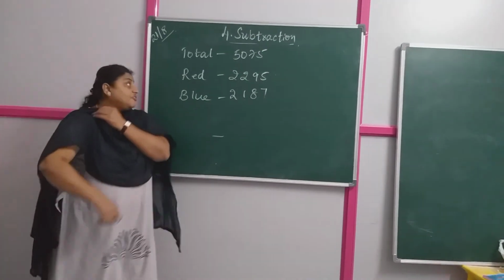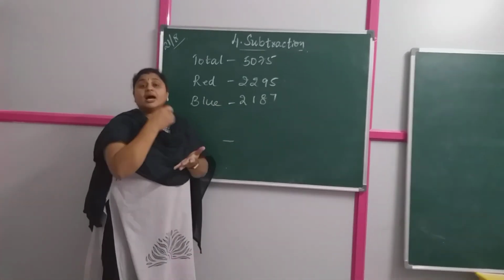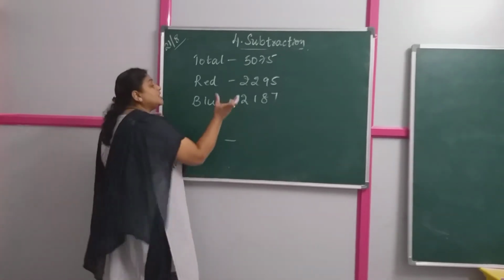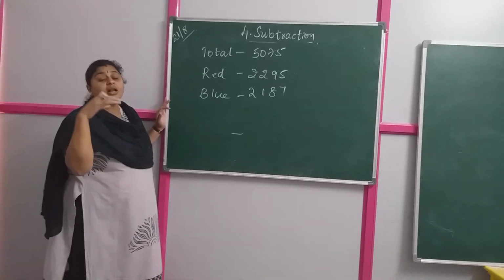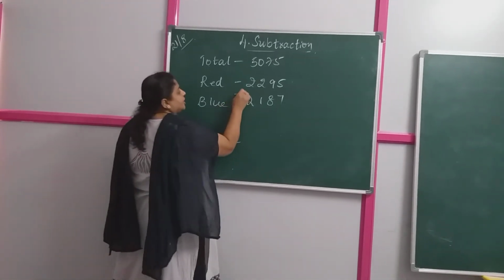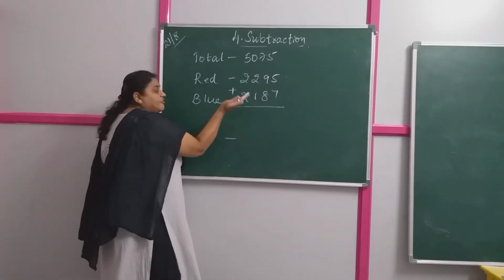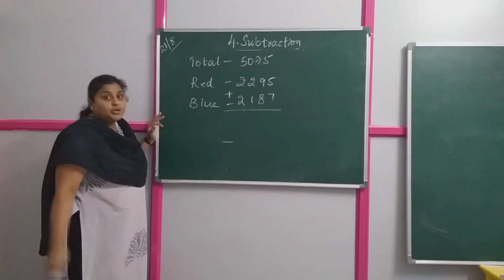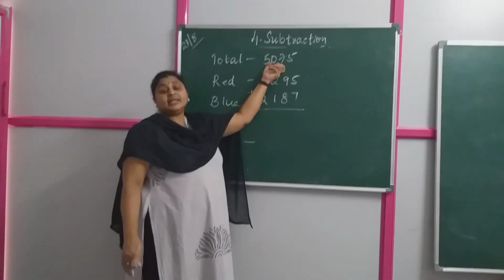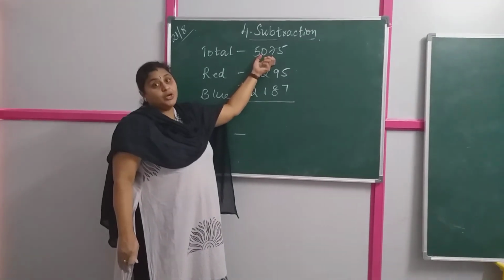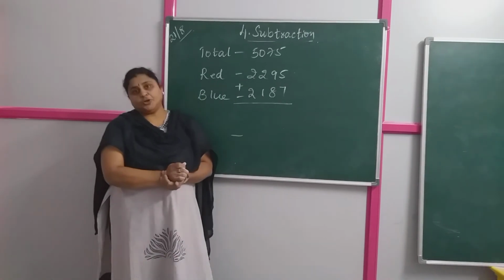So it means from these two she distributed these balloons. Now how many balloons are left over? What are you going to do? First you check it out. Total how many balloons were distributed? You are going to add these two numbers. And after adding you will get the total number of balloons distributed. Now this answer, whatever you get, you subtract it from the total number of balloons so that you can calculate how many balloons are left over.